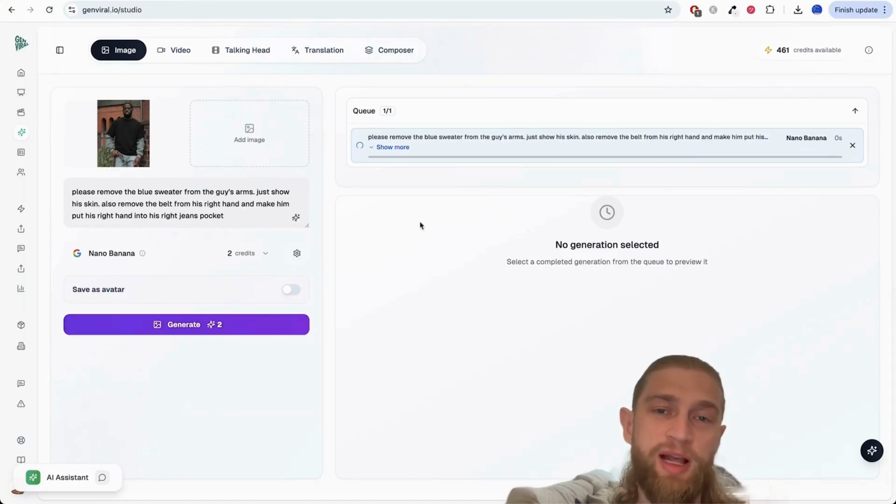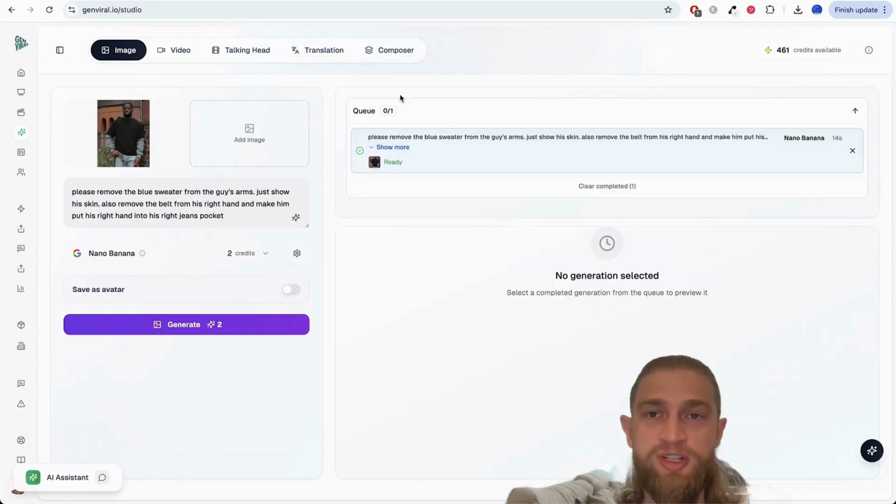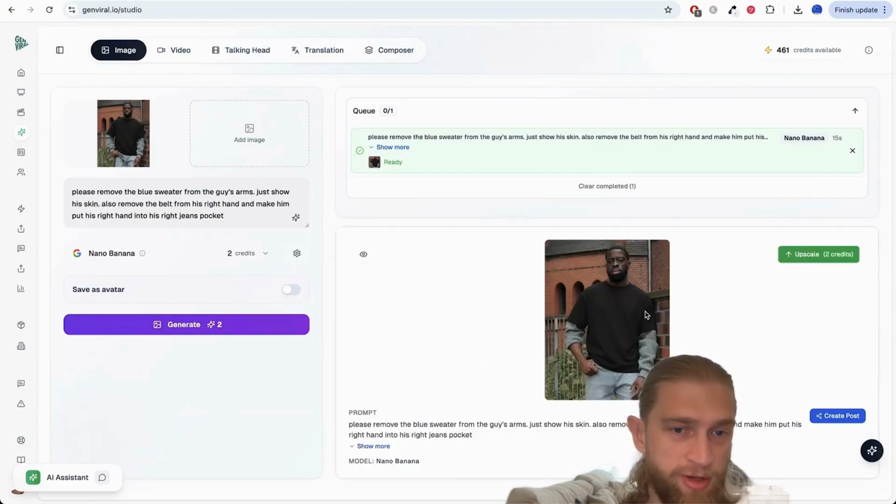Now again, this is just the last bit that I wanted to do. You have all kinds of different opportunities, as you just saw. All right, so it didn't get it right. It did still use the sweater. So as you guys can see, a lot of trial and error. I don't want to waste too many more credits. But again, you have to